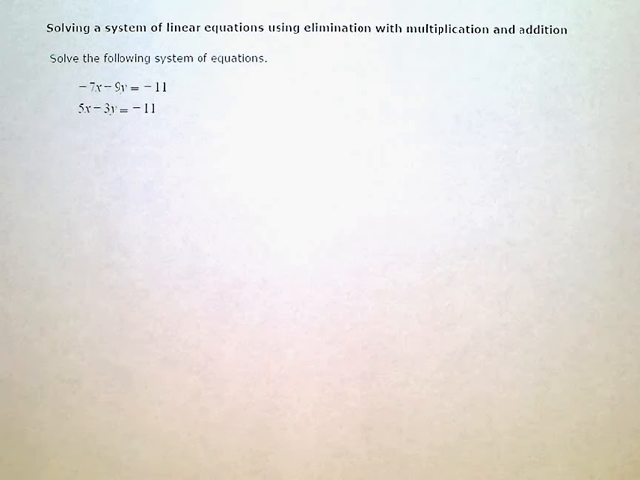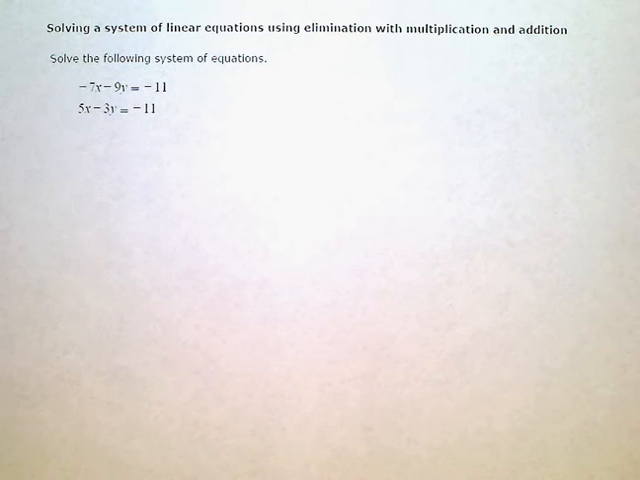Solving a system of linear equations using elimination with multiplication and addition. So I have a system of equations here. Whenever I'm using the elimination method, the first thing I want to check is that both equations are in standard form, which these are. The next thing I want to look for is either x terms or y terms that